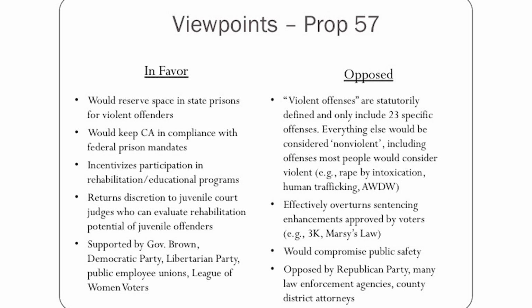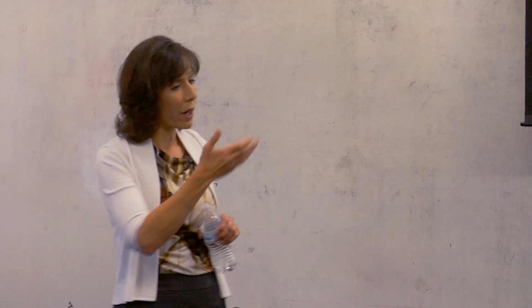It's a statutory designation in the California Code, and right now under the list of violent offenses, there are 23 crimes listed. And there's a bunch of other stuff that is not listed under the violent category, but might be something that you and I, the average person, would consider violent. So for example, rape of an intoxicated person or rape of an unconscious person is not one of the 23 violent offenses. But the average person would say, I think that's kind of violent, you know.